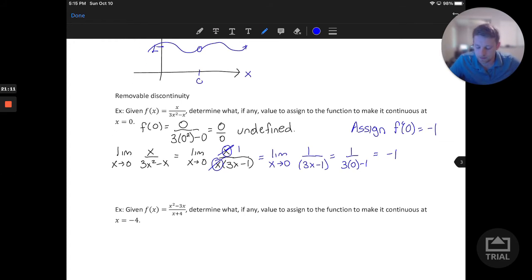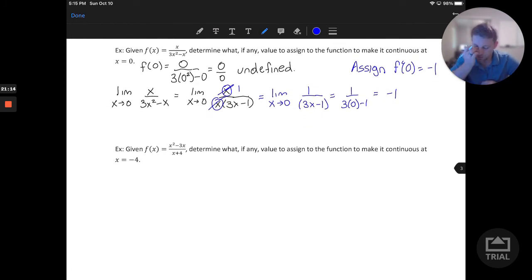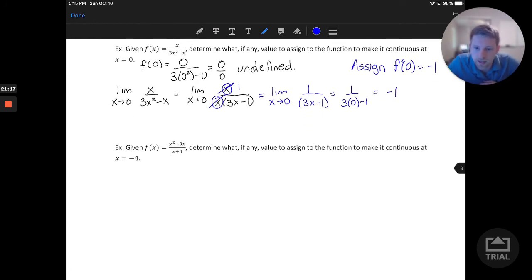If I consider the second example in this section, we have a new function, x squared minus 3x divided by x plus 4. And again, we would notice that f of negative 4, if we look at that denominator, will have a denominator equal to 0 when we evaluate at negative 4. So this is, again, undefined. But unfortunately, when I consider taking a look at this function in a limit, so the limit as x goes to negative 4 here,